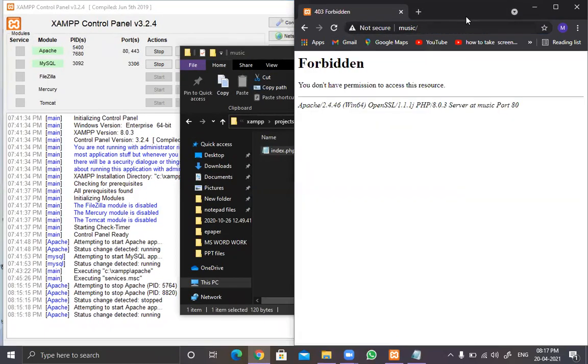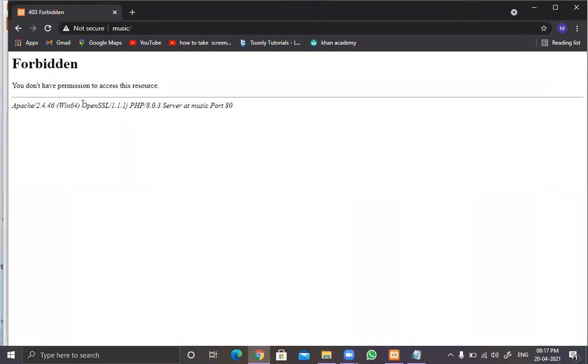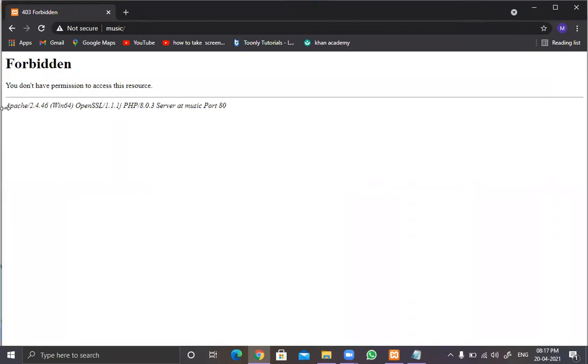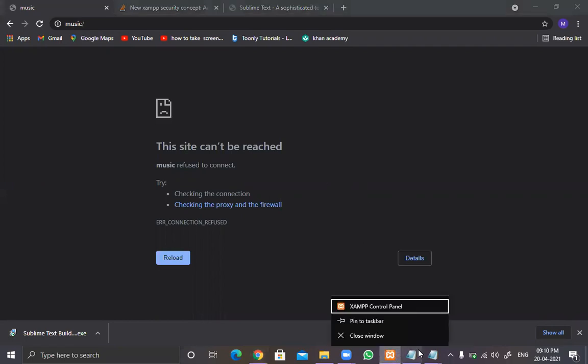Press the enter key, and it says: you don't have permission to access this resource. So you need to figure out what is causing this error. Now once you get this error that your website is not opening, you need to handle this thing in your virtual host configuration file.